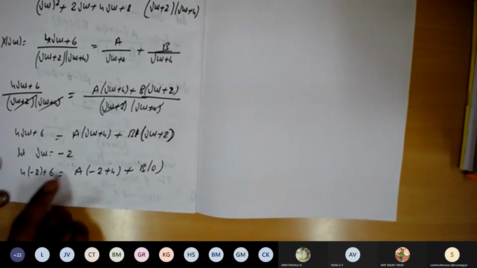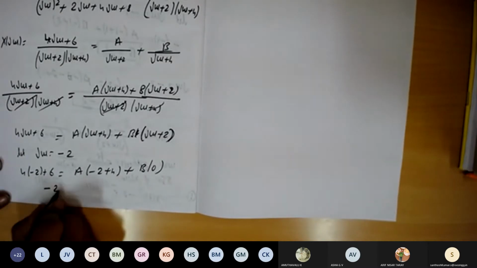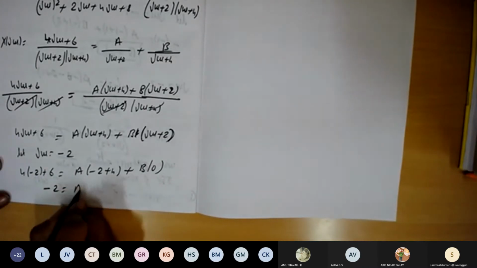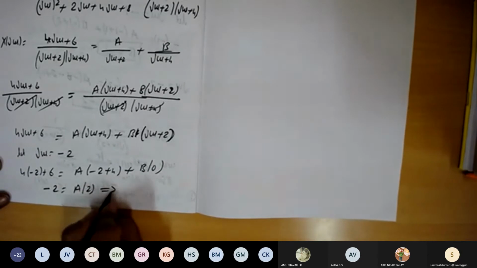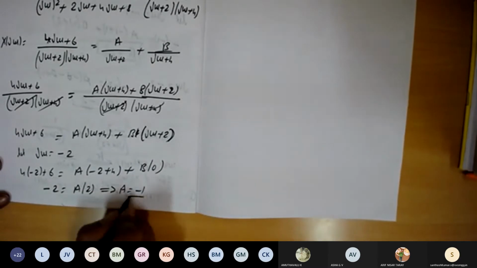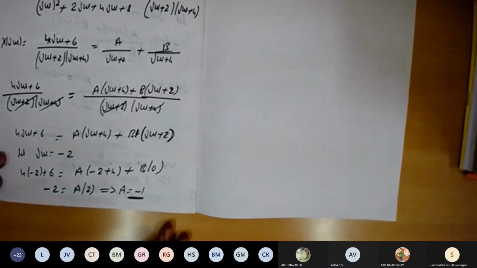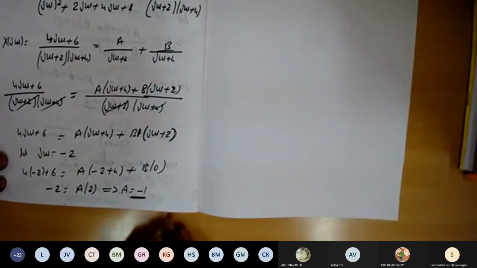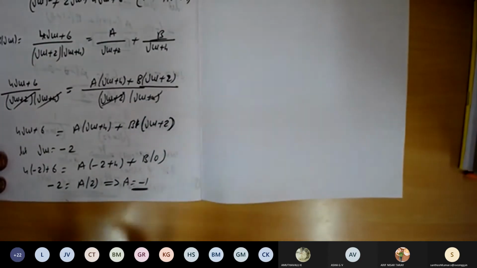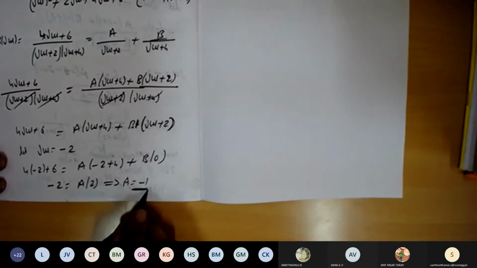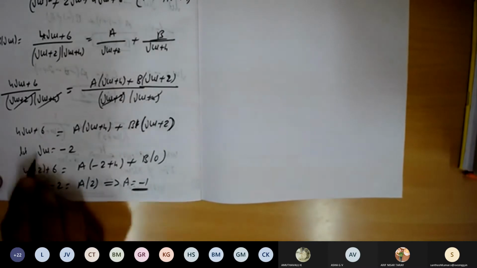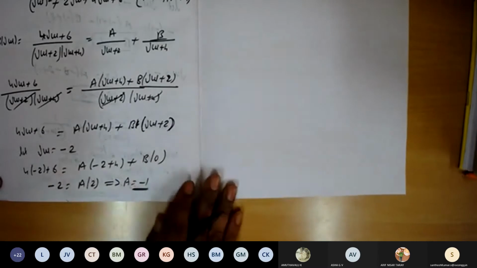So minus 4 times 2 is minus 8. Minus 8 plus 6 is minus 2. And minus 2 plus 4 is nothing but a into 2. So this implies a is equal to minus 1. Done. Now similarly, let us substitute j omega is equal to minus 4 and we'll get the corresponding value